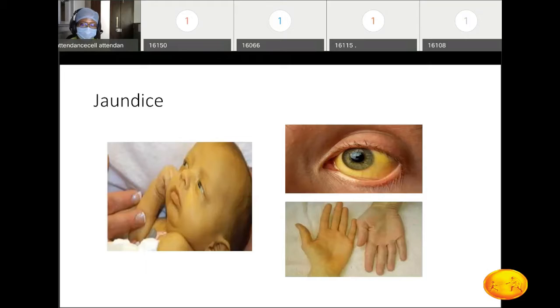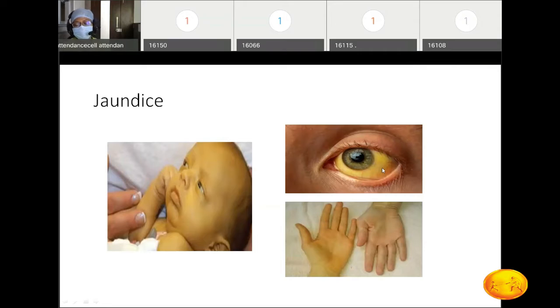So these are the clinical pictures. Can you see the picture of the newborn baby? If you note the complexion of the baby, you can see it has a yellowish hue to the entire skin. Not just the eyes, you cannot really make out whether the eyes are yellow or not, but you can make out the entire skin of the face looks yellowish in color. Then you have an eye, where you see that the conjunctiva has yellow pigmentation.